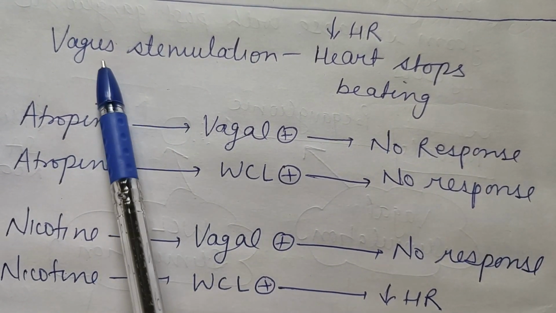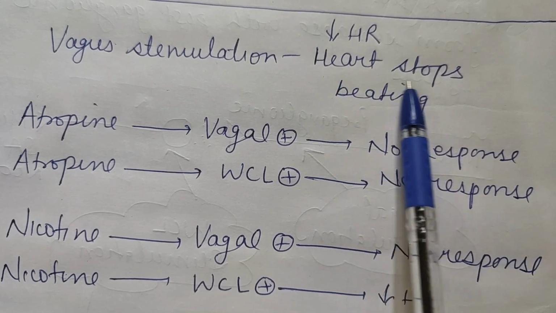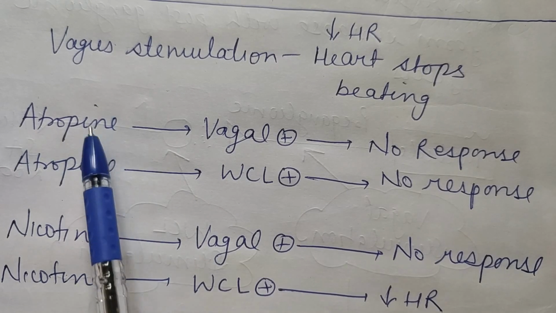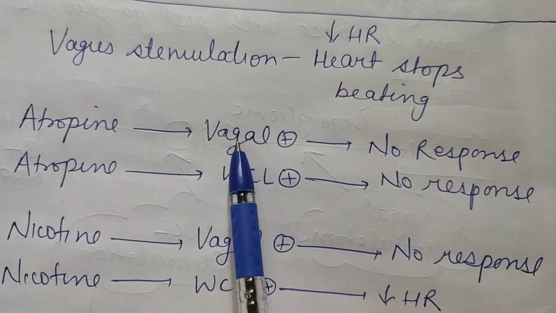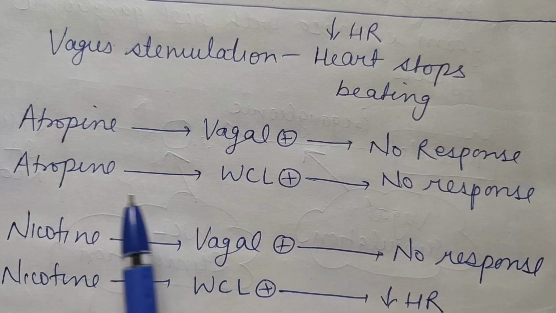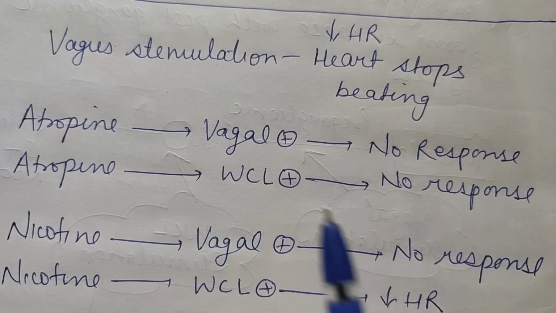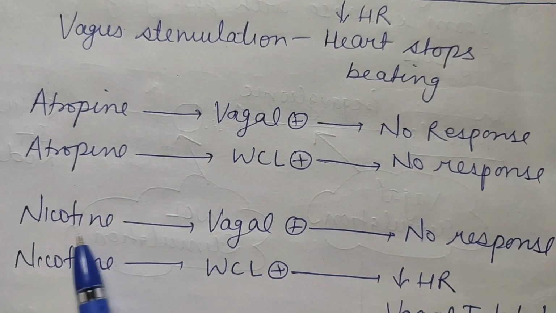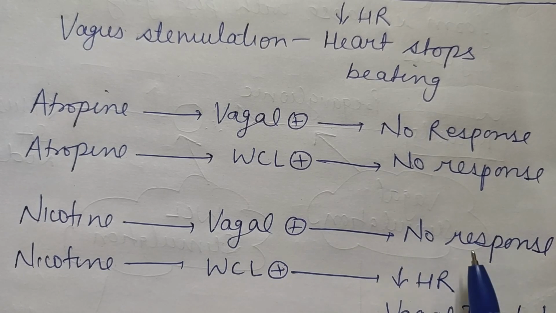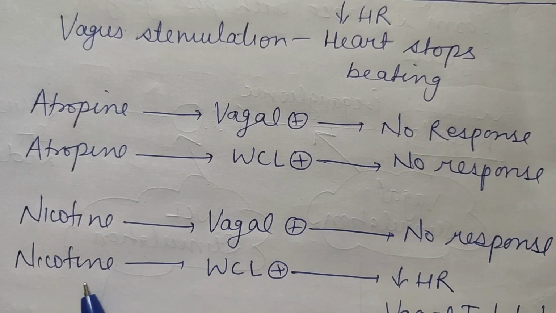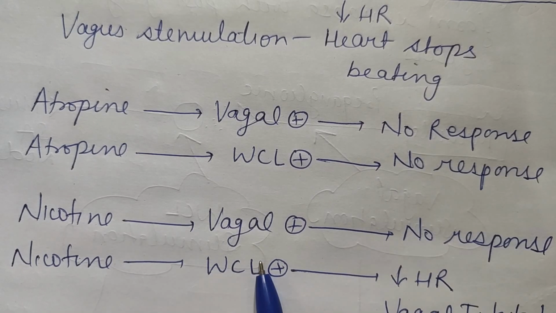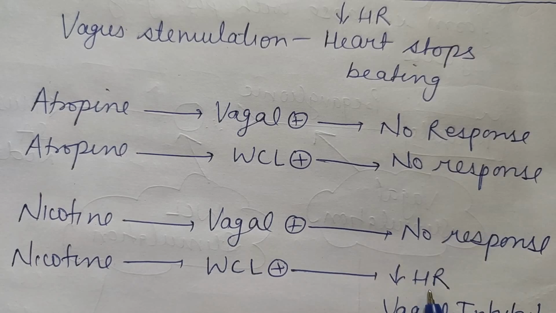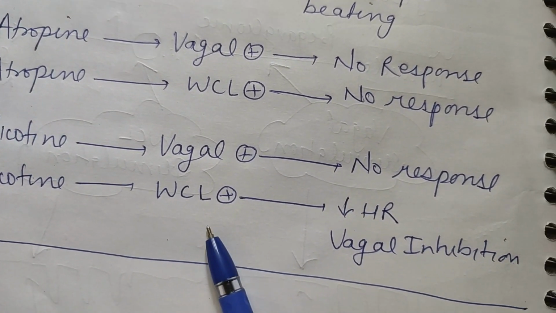Just summarizing it, vagal stimulation leads to decrease in heart rate or the heart stops beating. If you give atropine, that is you block the muscarinic receptor at muscle level, then stimulate vagus, no response. If after atropine you give WCL stimulation, no response. If after nicotine, that gives you the ganglion blocker, and then vagus stimulation is done, no response. And if after nicotine WCL stimulation is done, that is your postganglionic fiber, obviously there will be a response, that is your bradycardia or vagal inhibition. Okay,